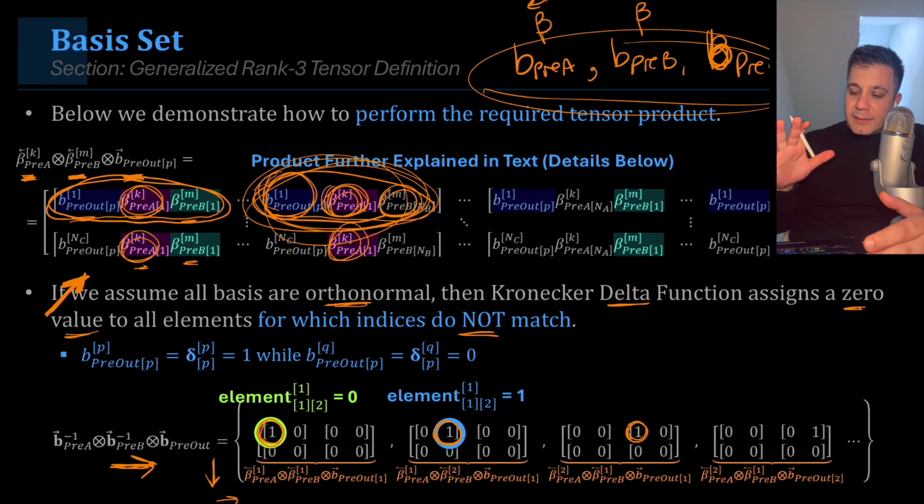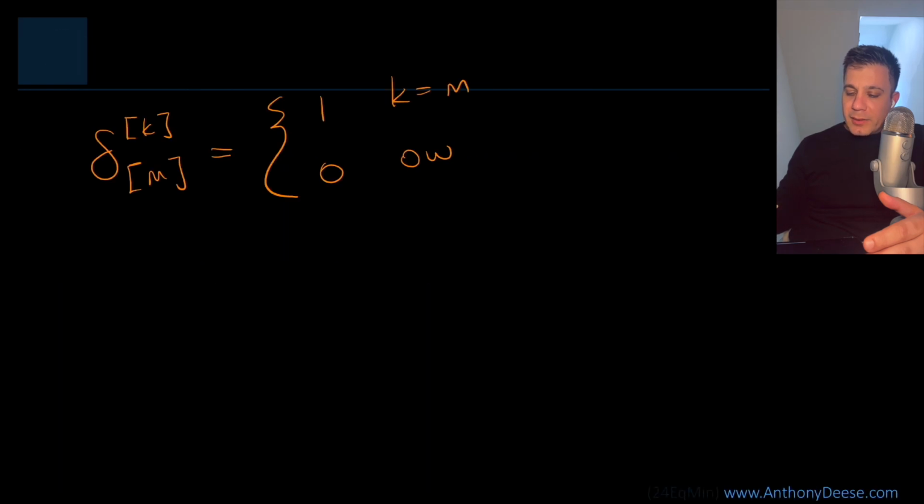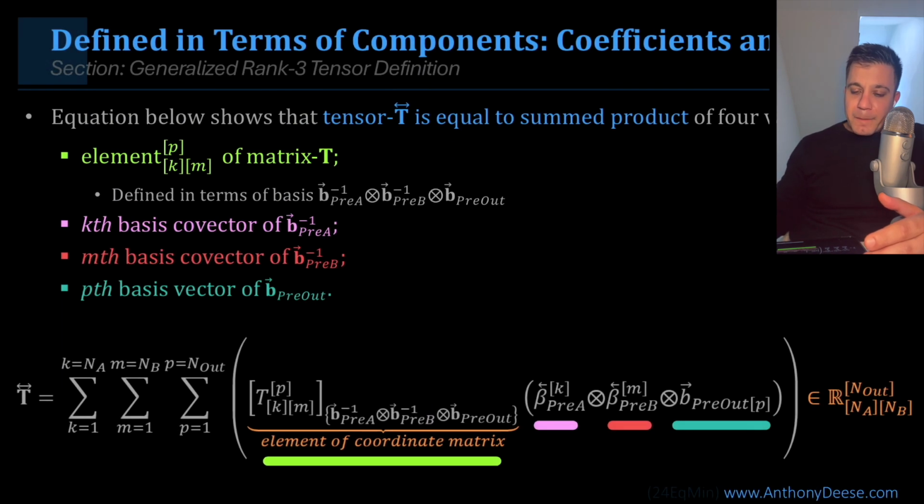So I apologize for not going into the calculation of the individual elements here. If it's something you want to see, please throw a comment in the section below, and I'll try to come up with something. All right, so now that we understand what the basis set is associated with this tensor,